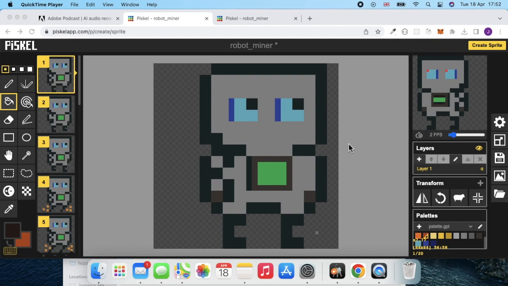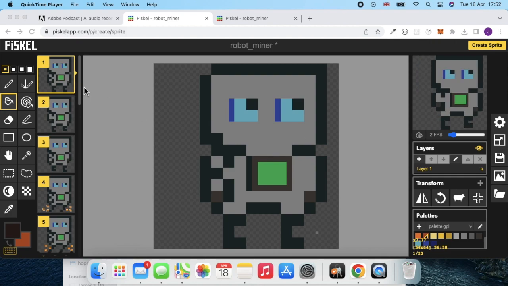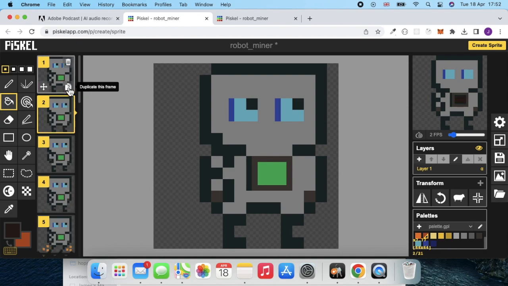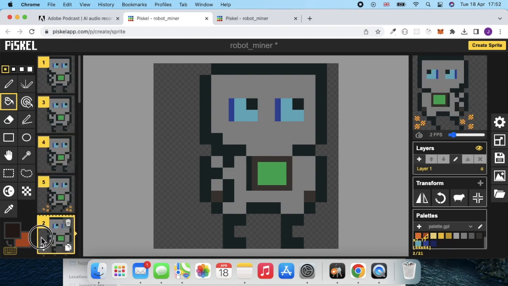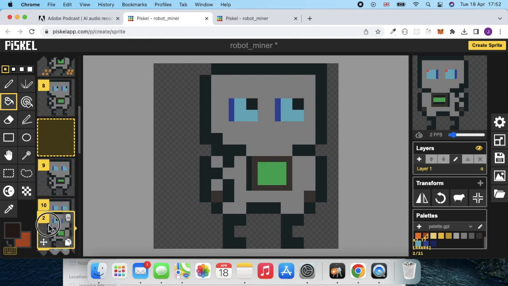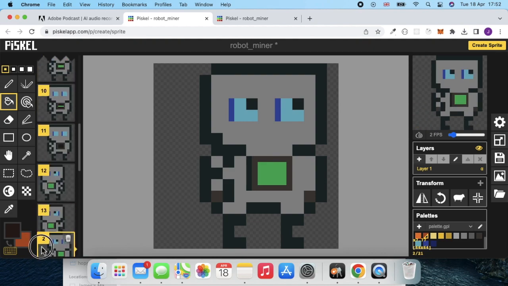Now we need an idle animation. So again, I'm going to copy my first frame and I'm going to make it go right to the bottom of my right hand facing frames. So that would be there. So it becomes